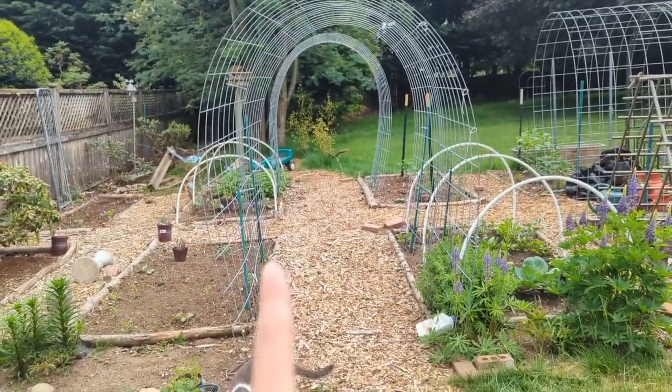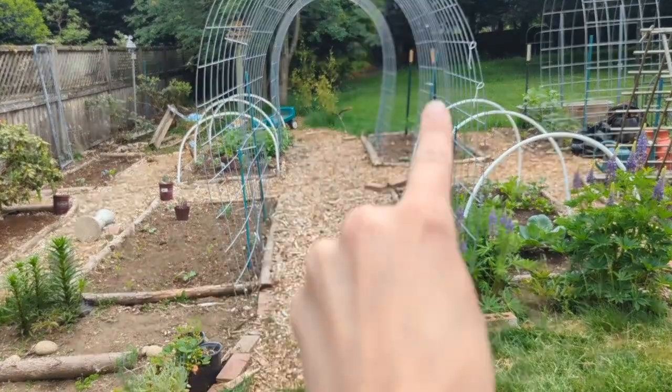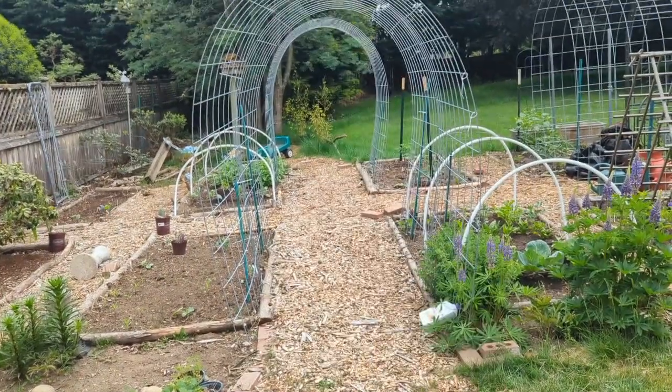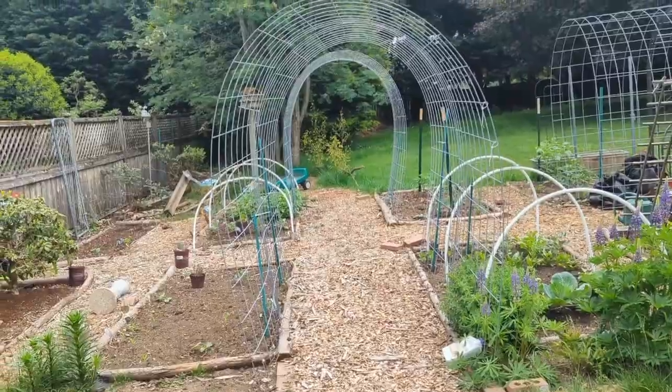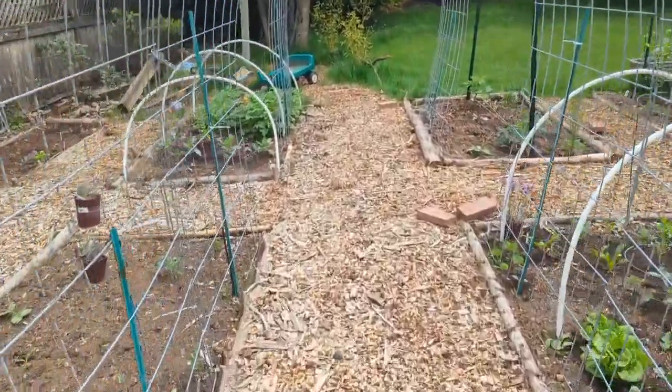So hopefully I'll have green beans and pumpkins and watermelons and squashes growing on all these cattle panels, and it'll be a nice view. So I'm excited to see what that will look like. So going through onto the other side,